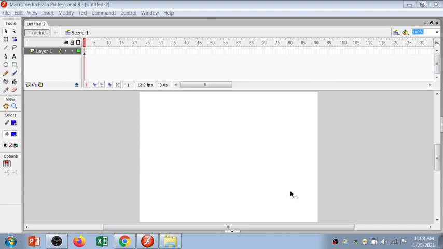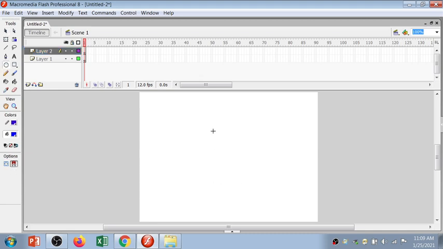Today I am going to discuss the functionality of the layer. In the timeline panel, right now you can see there's layer 1 and layer 1 with 4 icons, the small icons. So we are going to discuss that today. As you know from my previous video, you can insert n number of layers, you can rename a layer, you can delete a layer, as well as interchange the position of the layers.